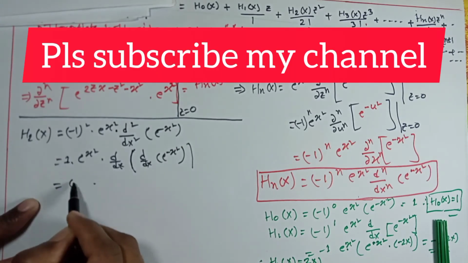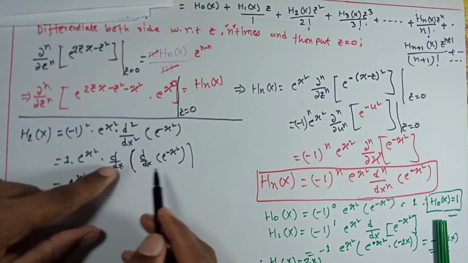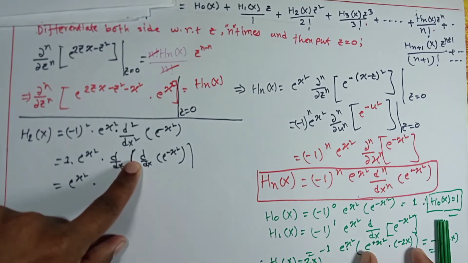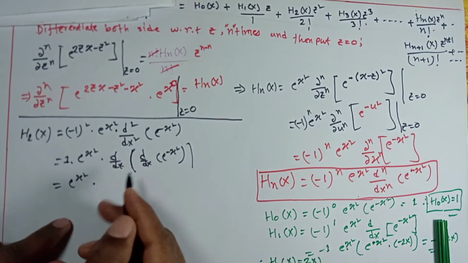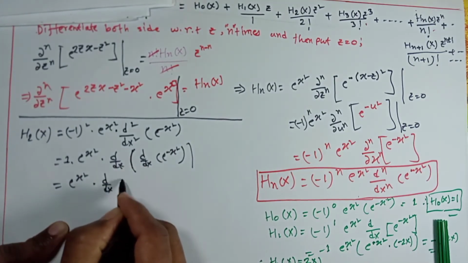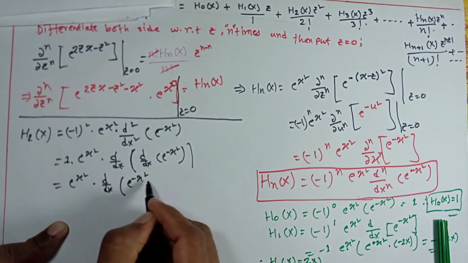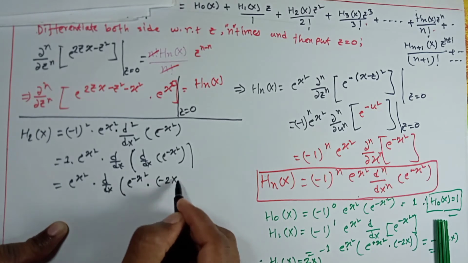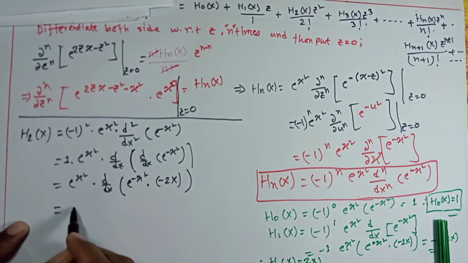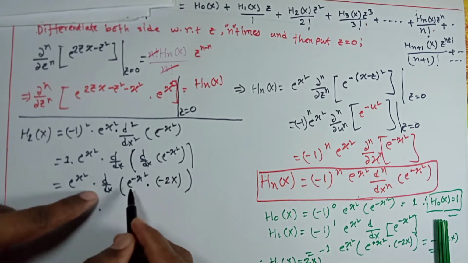Okay, that is e to the power x squared into d/dx of this is nothing but this, that is d/dx e to the power minus x squared into minus twice x. Okay, then we get e to the power x squared into, that is